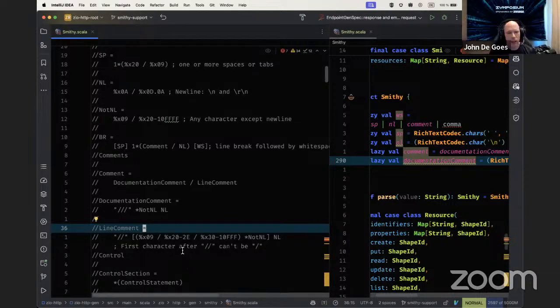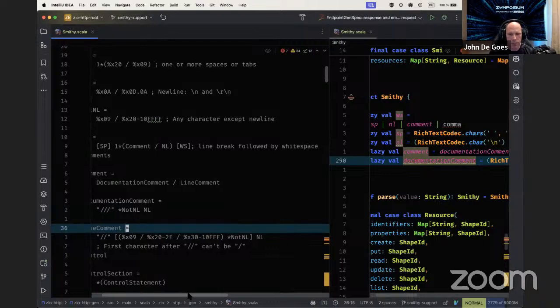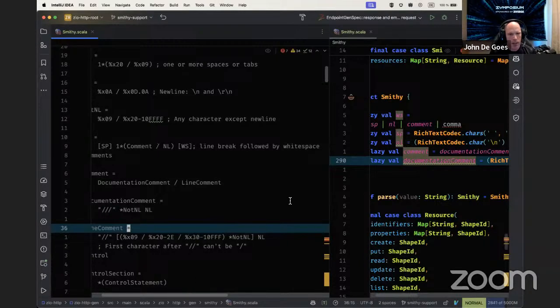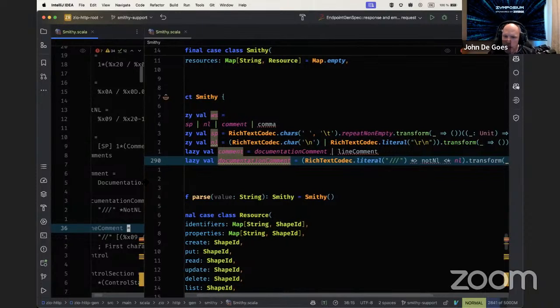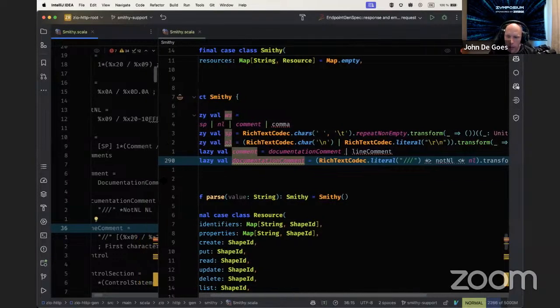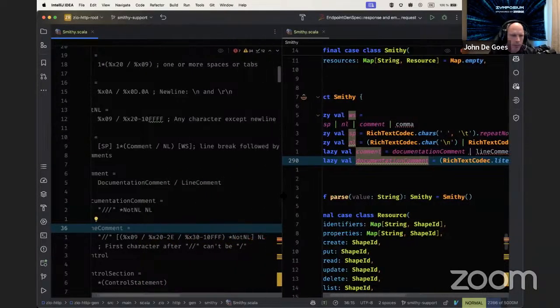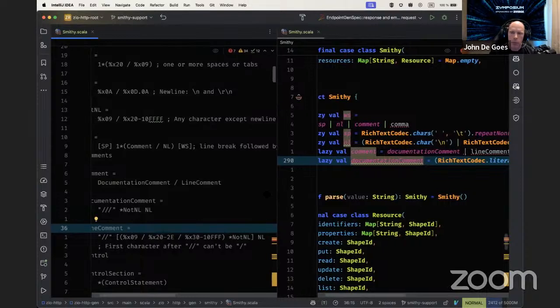We don't have an easy way to specify these ranges. Maybe we could use filter. There's a filter on rich text codec that we could potentially use for this. So what is this saying? It's saying a literal, which would be,